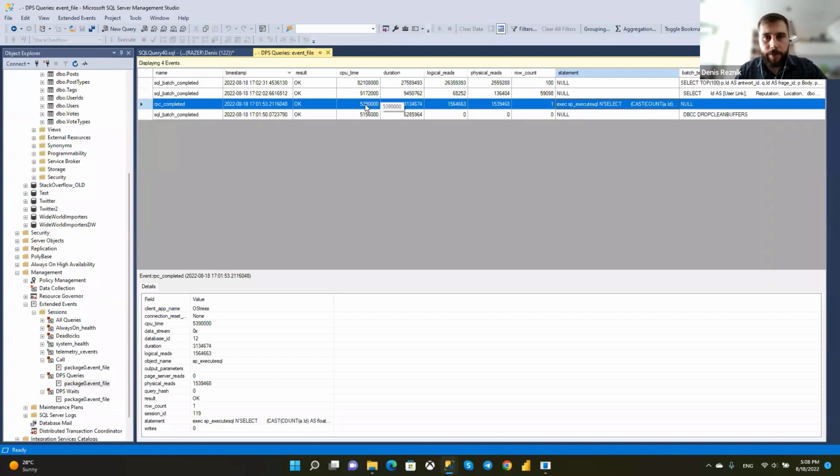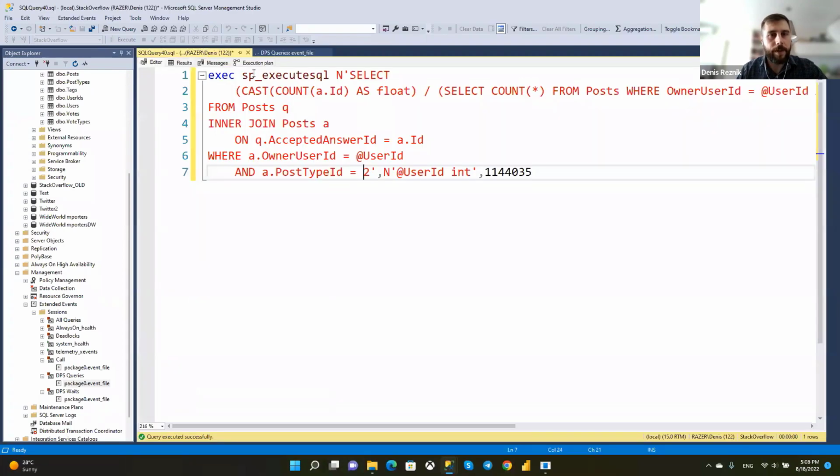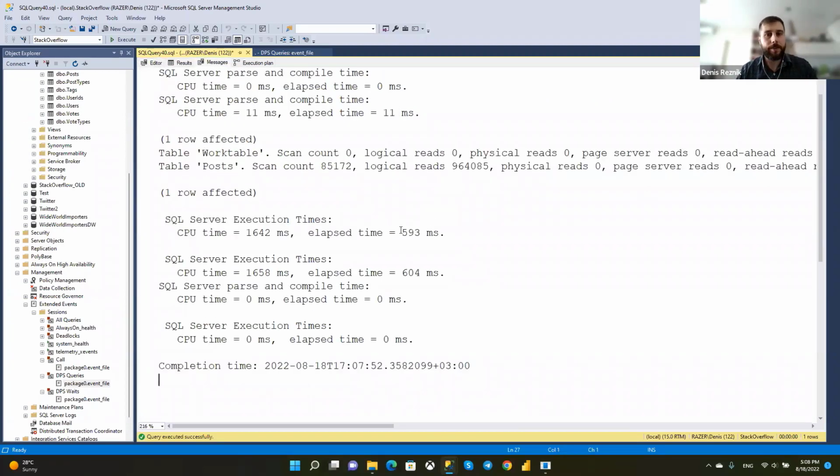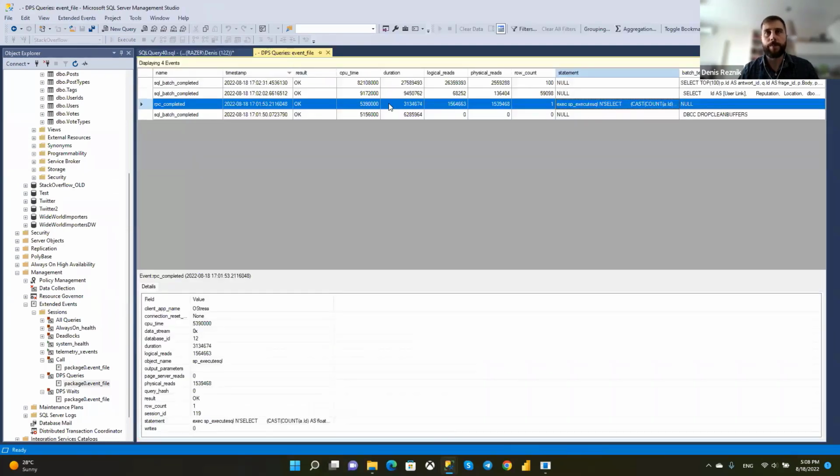CPU time was 5 seconds, let's say. Right now I executed it in Management Studio and I see that execution time is 500 milliseconds and CPU time 1.6 seconds, which is much smaller than what we see in the extended events.